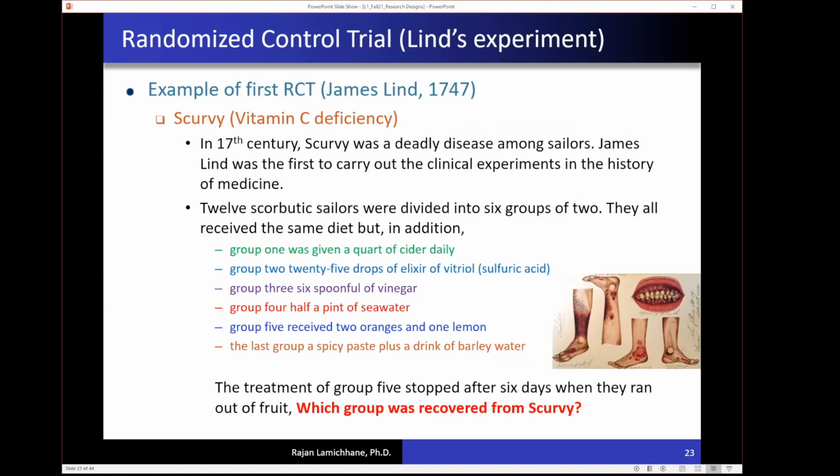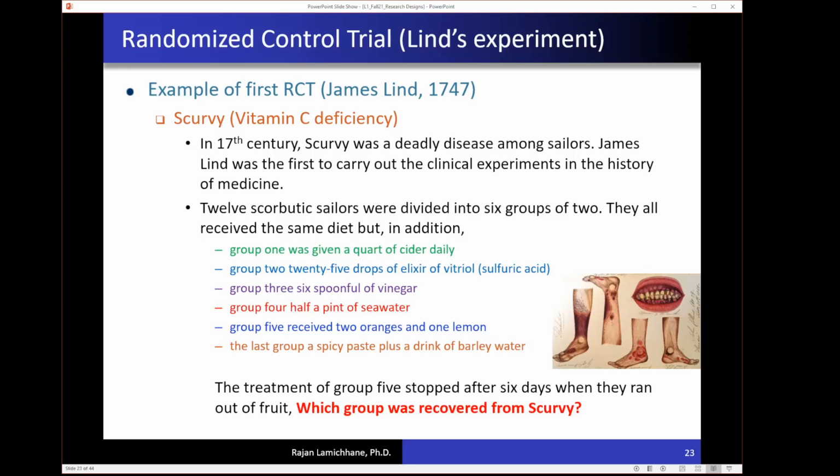One group was given a quart of cider, another group was given 25 drops of elixir of vitriol, or sulfuric acid, and the third group was given 3 spoonfuls of vinegar. The fourth group was given half a pint of seawater. The fifth group received 2 oranges and 1 lemon, and the last group was given a spicy paste plus a